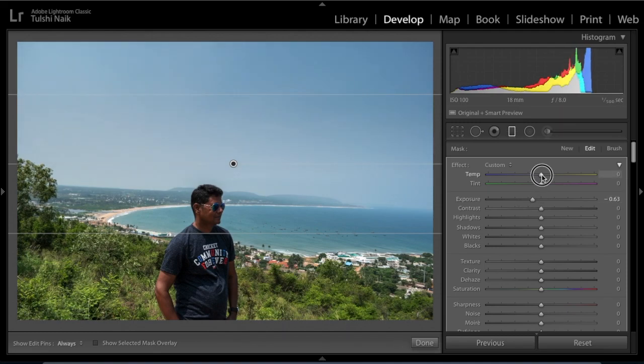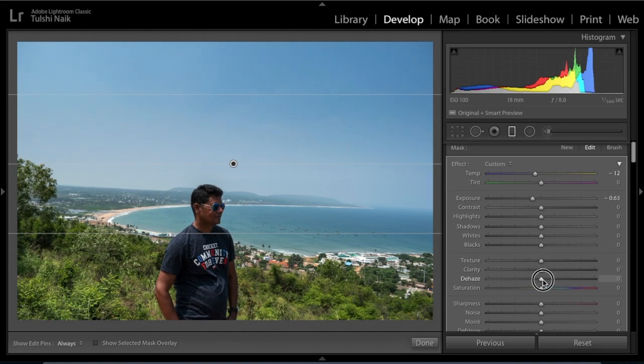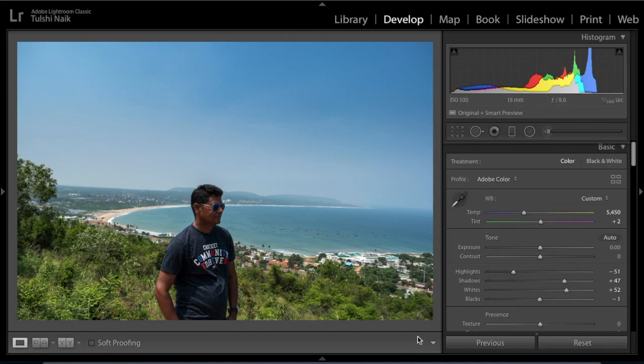It looks right. Make it cool a little bit again till it matches and balances with the foreground. Give a little bit of dehaze, so if there are any hues or any haze, it will clean it out nicely. I think this is looking good to me.